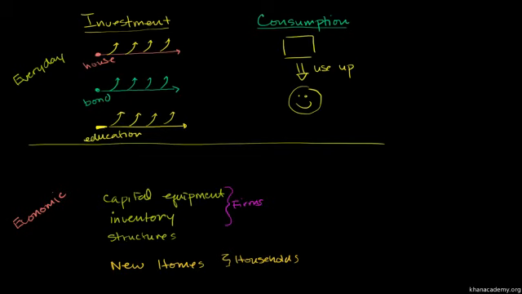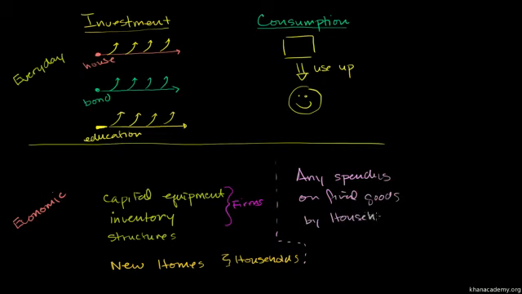And on the consumption side, from an economic point of view, so let me draw a little bit of a line right over here, consumption is considered to be any spending on final goods by households, except for new homes. Except for new homes. And let me make this even clearer, because remember, if we're just transferring goods, that shouldn't count. So let me put it on newly produced final goods.